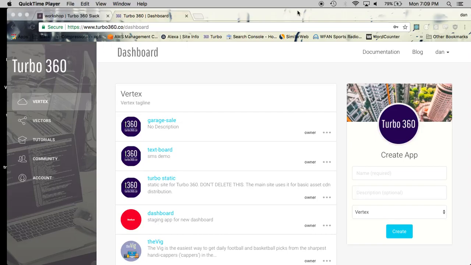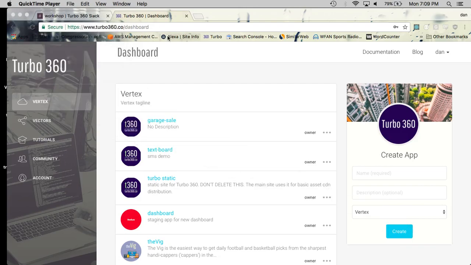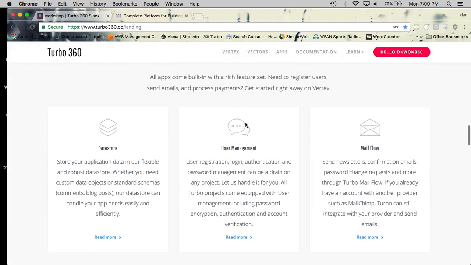Okay, so in this demo, we're just going to sample a few basic APIs like the Instagram API, Google Maps, Google Places, probably the Meetup one, and show you how I leverage these APIs to enhance my sites. So for example, if you go to my home page on Turbo, if you click on this over here and go to the home page, you'll see that down here,